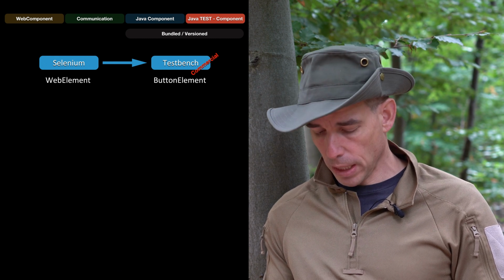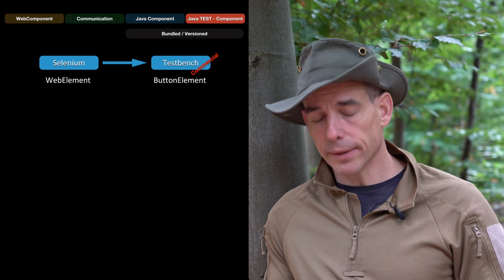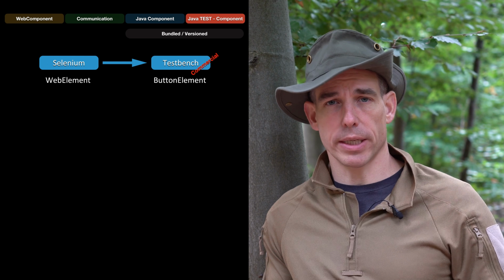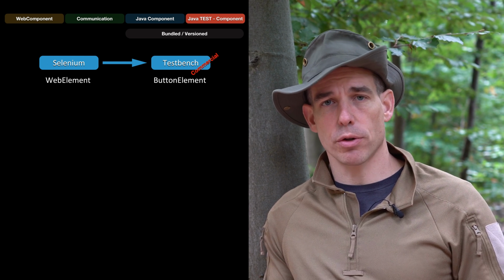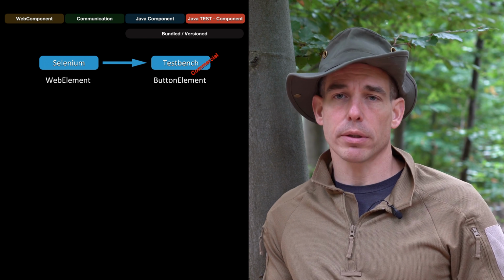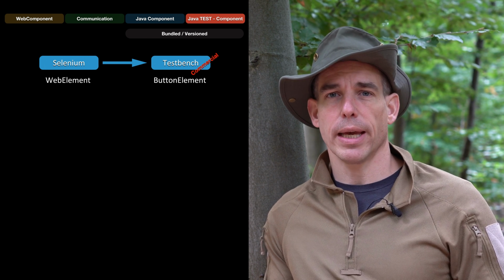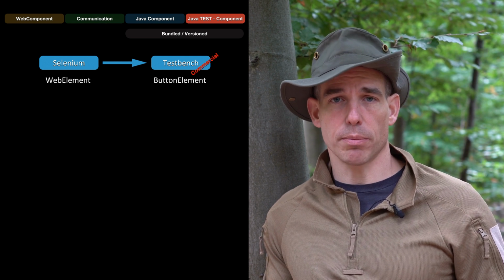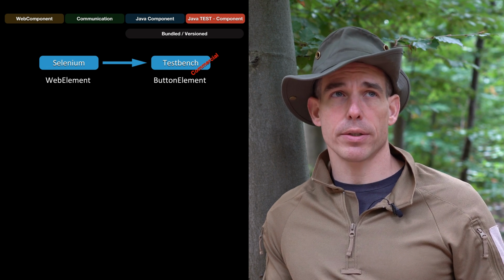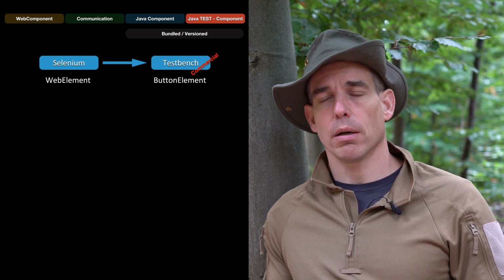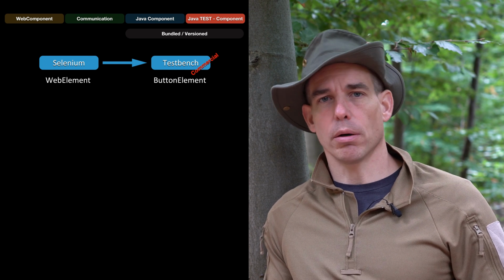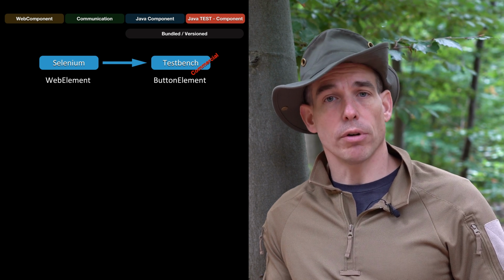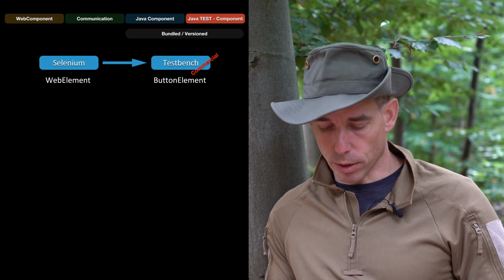But how to do it? If you have TestBench, then you have a mapping between the Selenium web element that is a representative from the page you are navigating through with Selenium, and on the TestBench side you have a corresponding element, a test element. And for example, if you want to test a button, you have on the Selenium side a plain web element, and there is no indication about this is a button. On TestBench you have already a button or a combo box element, so that you have all these methods that are specific for button or for combo box and so on. So how to map now